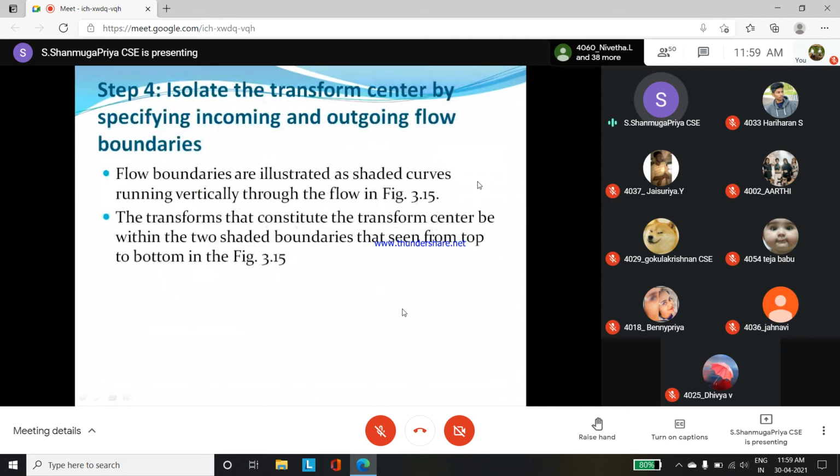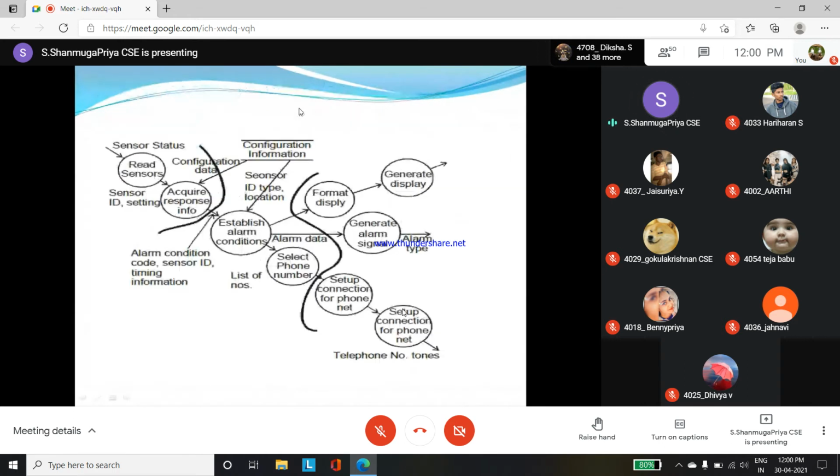Fourth step: we have to isolate the transform center by identifying the boundaries. Boundaries in the sense, see in this diagram we have given some boundaries, particular dark lines. This is nothing but boundaries. So we have to set boundaries for each and every part.